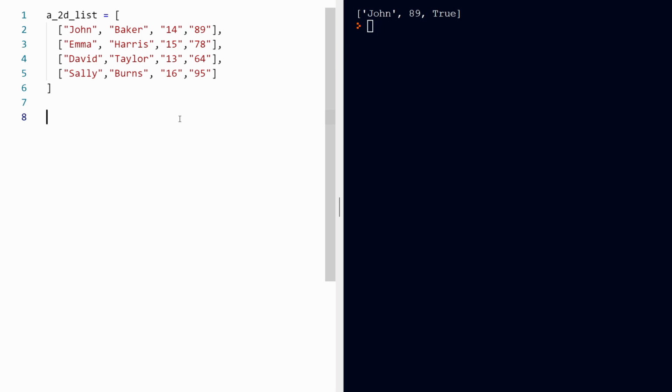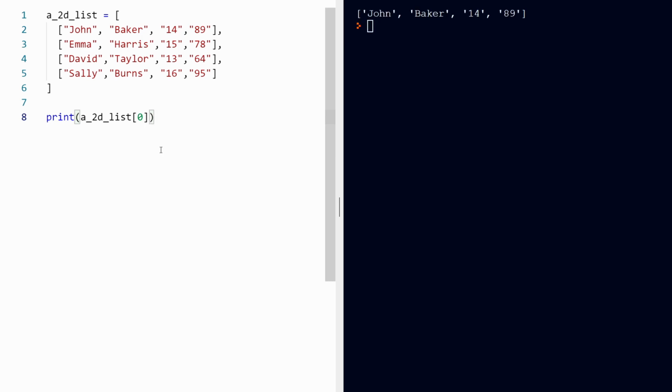So we're going to do this using indexing, just like we did before. Let me show you what I mean. Let's put the name of the variable, a 2D list, square brackets. Now in here, if I put 0, that means first item in a 2D list. Now the first item is all of that. That list is the first item in a 2D list. Let's check that that is the case. Let's go ahead and print item 0 in a 2D list, and you'll see that it prints out that whole